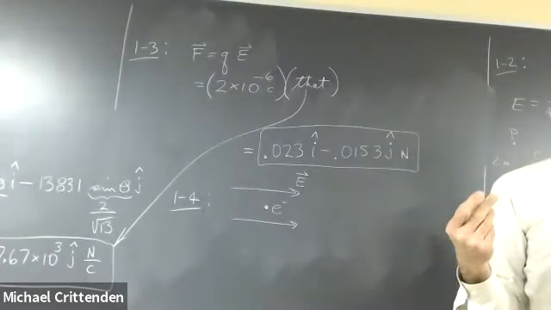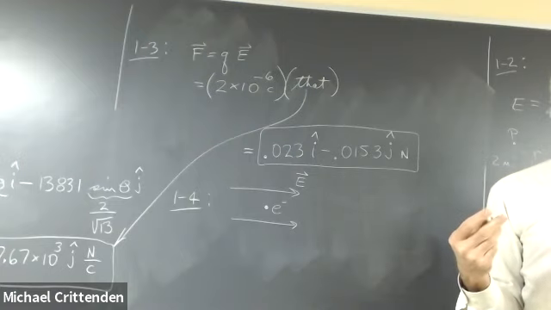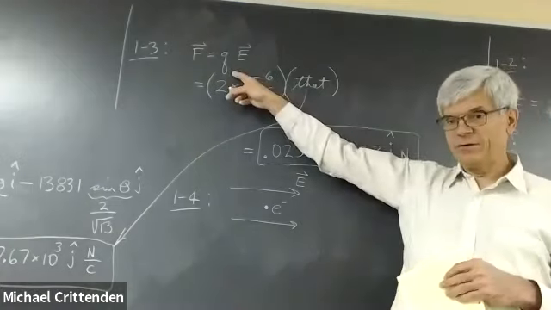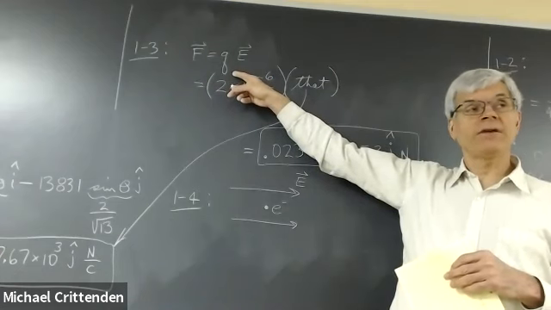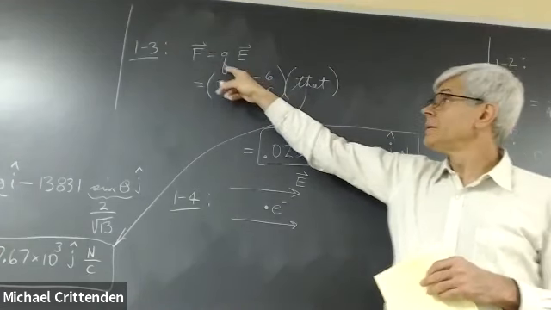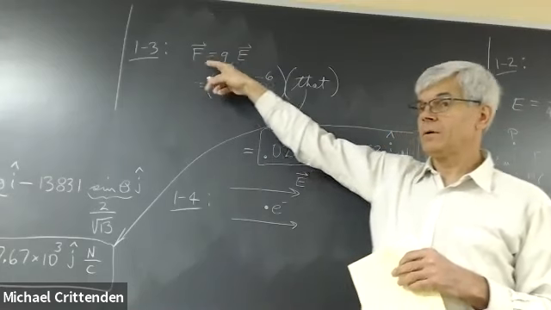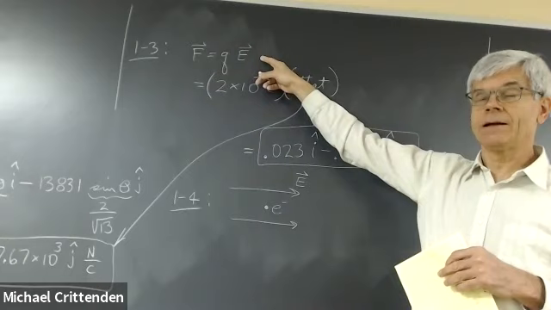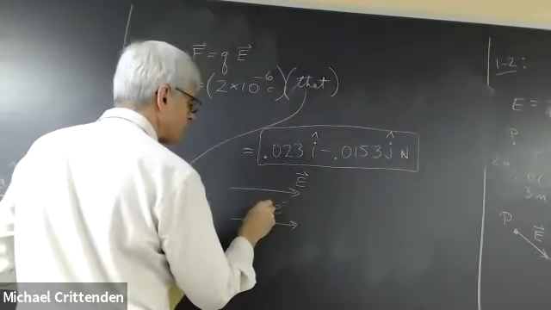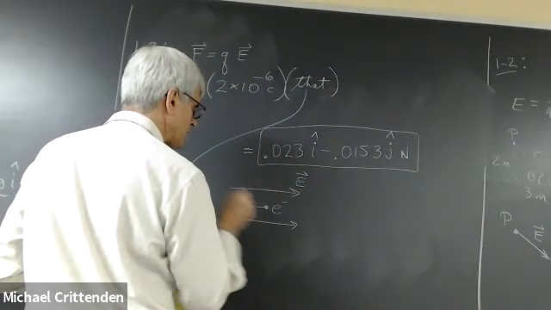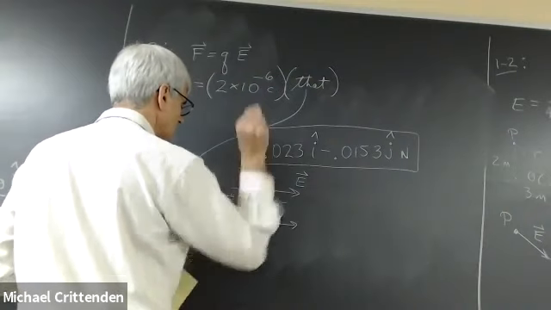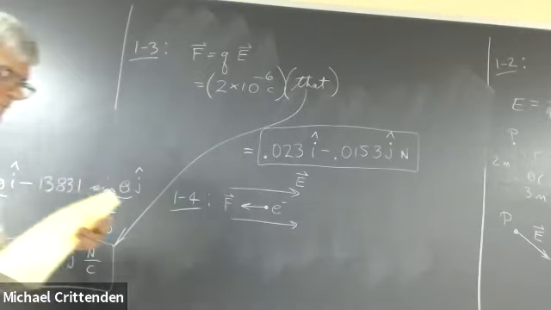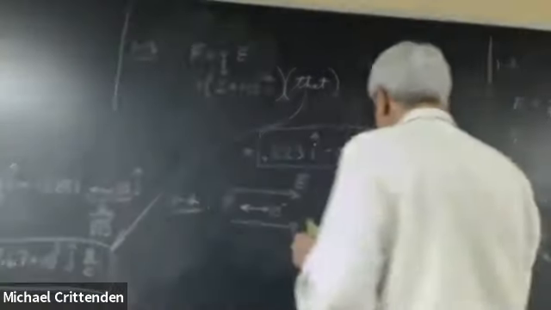And I guess more or less the main point here anyhow is that if, back up in here, F equals QE. If Q is a negative number, the direction of F will be the opposite of the direction of E. So field points to the right, the force on an electron will be to the left. As far as the details,